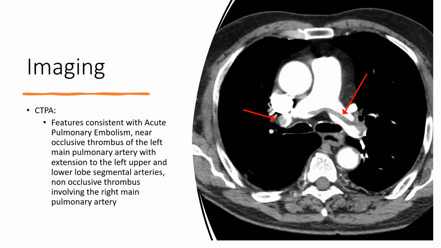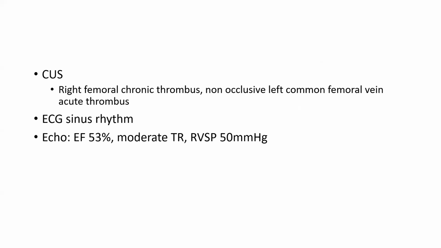You can see where the clot is, those filling defects. The features are consistent with acute pulmonary embolism, with a near occlusive thrombus in the left main, extending to the left upper. So he is admitted. This patient now gives a history of bilateral leg swellings, which was interpreted to mean that his kidney